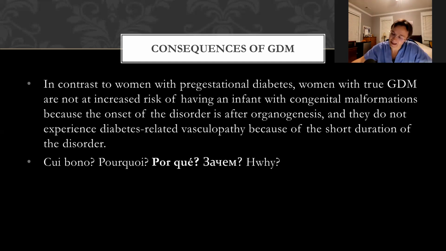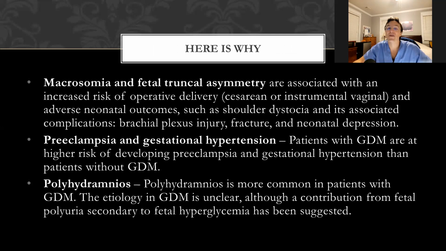Doesn't work like that. Maybe initially they tried it that way, but the reason is we want to know if the patient actually has gestational diabetes mellitus, because there are problems with gestational diabetes. And here they are: macrosomia, fetal truncal asymmetry. Right? You have a big baby growing in the utero. As a result,